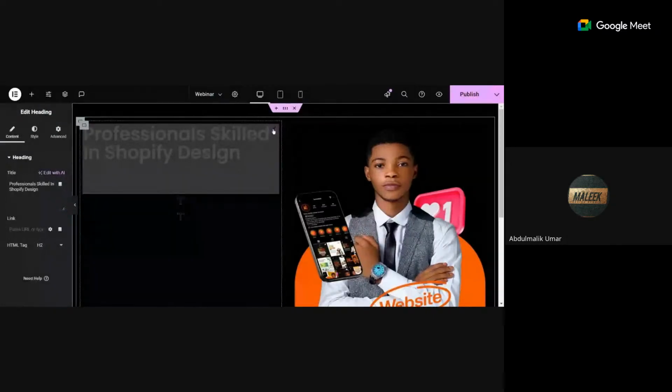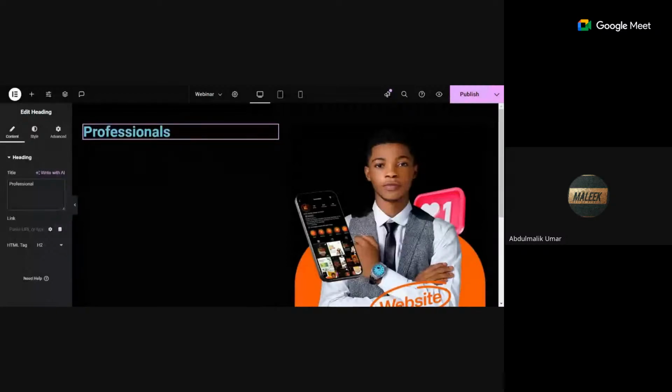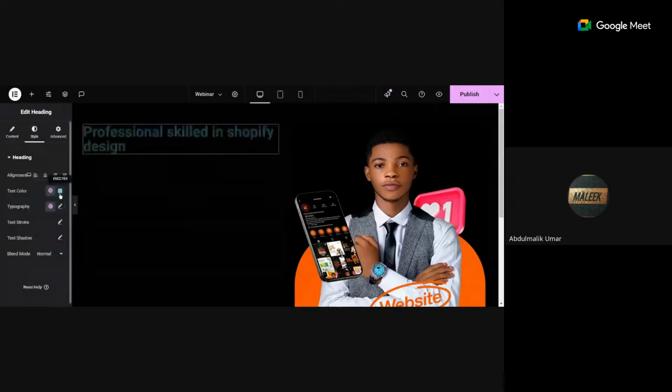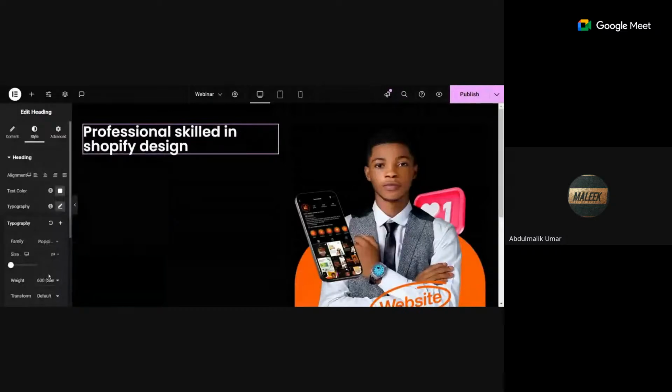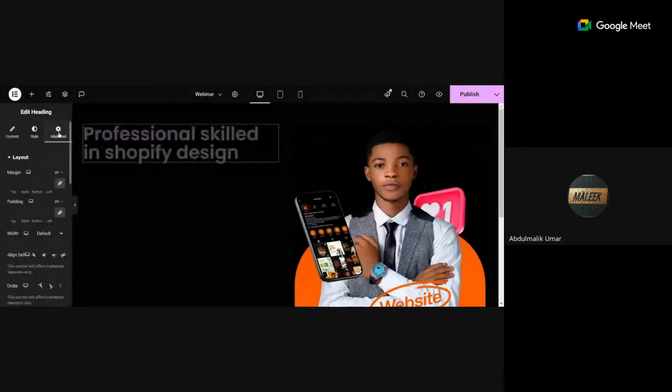Okay. Heading text. Professional skill Shopify design. Style, color, white, font, Copies, then text is 50. Now, if I want to break it from skill, so that skill comes to the next line, you have an option called Advanced. If you come under Advanced,